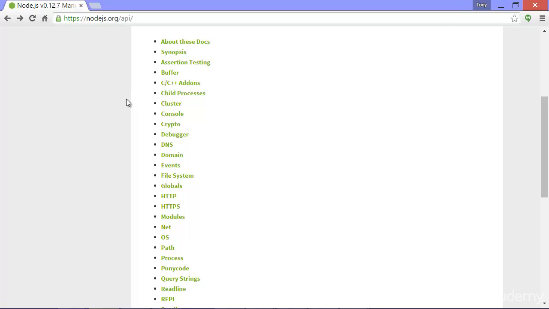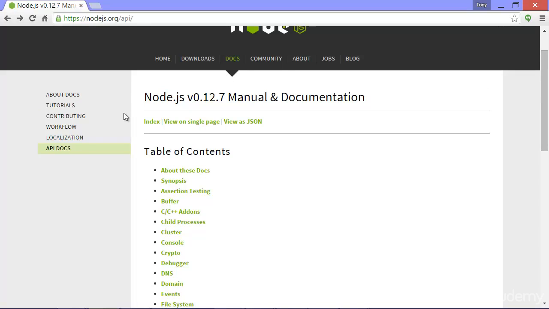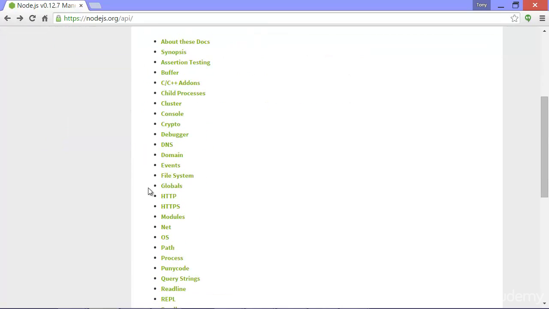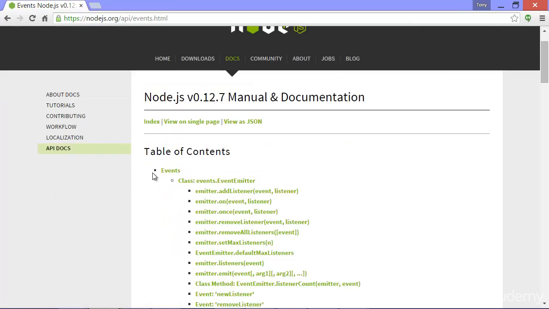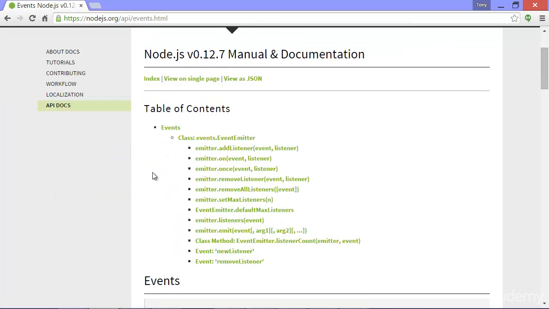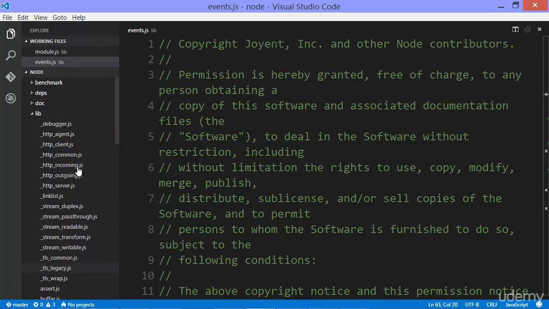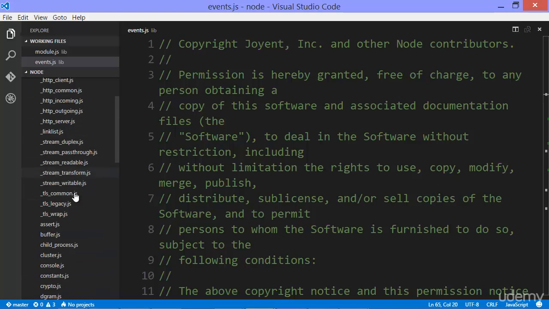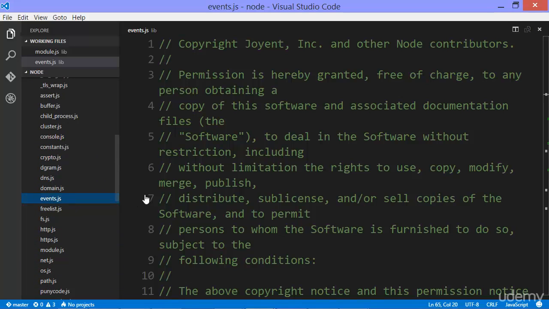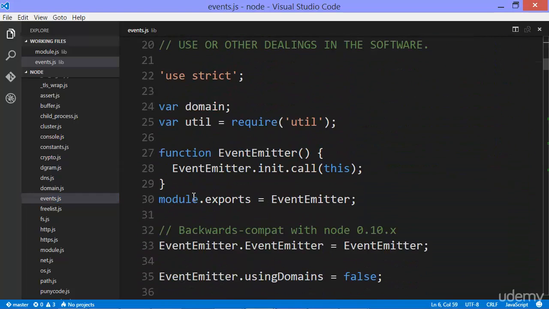these built-in modules. And so on nodejs.org, under Docs, under API Docs, I can find events. And this has the documentation for how to use all of its features. But what we'll do is we'll take a quick look at the actual code. Under the lib folder in the actual Node.js source code, there's a JS file called events. And so, if I scroll down, we see that there's a function constructor called EventEmitter, and that is what is put on module.exports. So notice Node code uses its own module structure when it comes to the JavaScript side